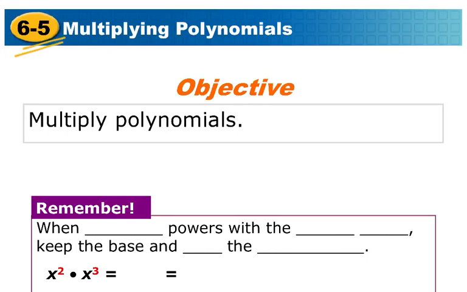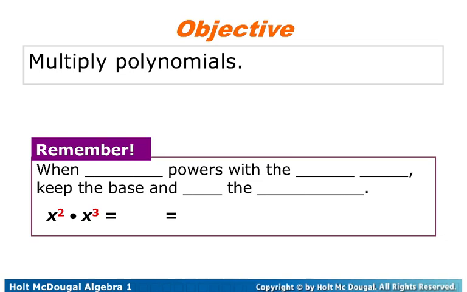Alright, so here we are with the 6-5 Multiplying Polynomials notes for intermediate algebra. So we are talking about multiplying polynomials, and we just need to make sure that we remember when you are multiplying